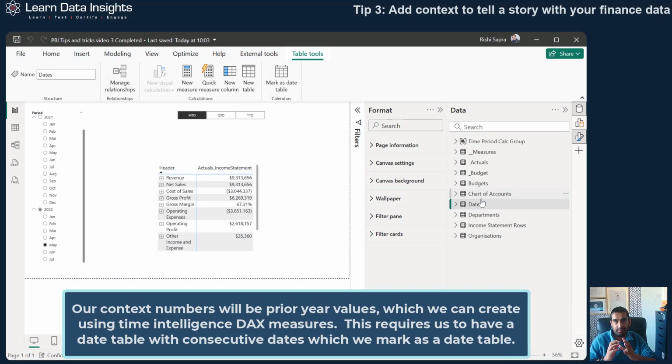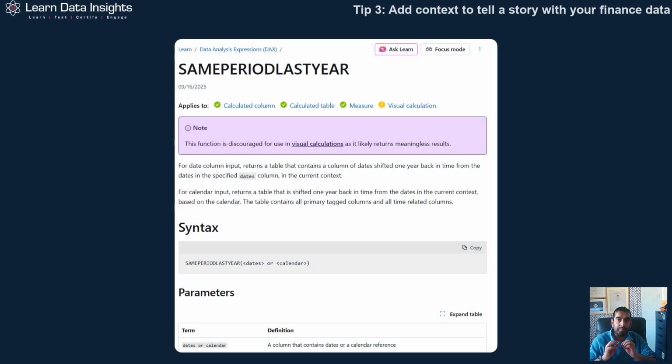Our context numbers will be prior year values, which we can create using time intelligence DAX measures. These are functions in DAX, the formula language used for the slice and dice metrics in a Power BI report. Unlike Excel functions, these DAX functions are related to the concept of dates and allow you to calculate a version of a measure that is shifted by a particular time period. So for example, there's a function in DAX, a time intelligence function, called SAMEPERIODLASTYEAR, which we can use to create